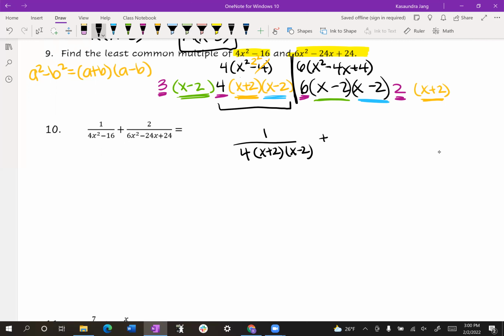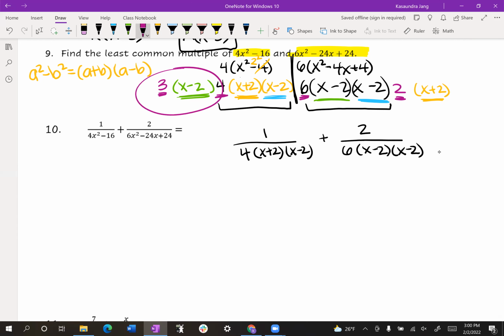And then plus 2 over, again, the stuff I had in black here. Before I add anything onto it, it was factored into a 6 times x minus 2 times x minus 2. In other words, x minus 2 squared. So these were the original factored forms, the ones that I underlined. Those were originally the polynomials just factored. What I added on to them, though,